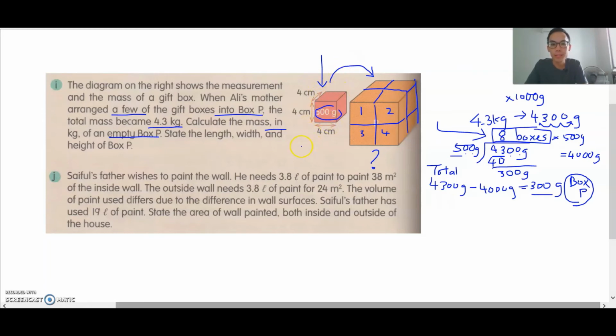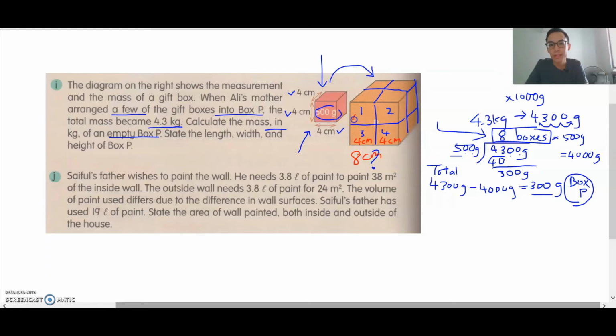Now we look at this gift box here. This is a cube, right? The length, width and height are all the same. 4 times 4 times 4. So if one box is 4 cm, so 2 boxes will be 8 cm,